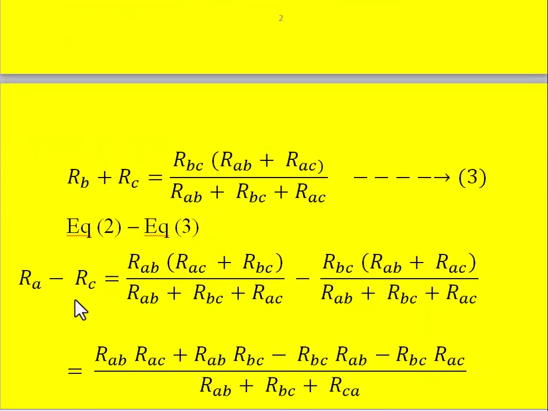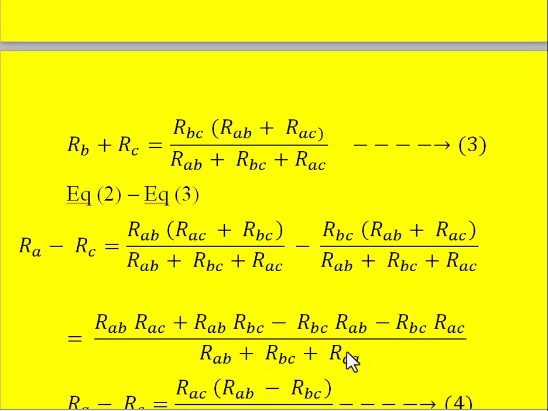Since the denominator is common, take the denominator as common, then simplify the numerator, that is RAB RAC plus RAB RBC minus RBC RAB minus RBC RAC. So it is observed that some of the terms are going to get cancelled, that is RAB RBC, here also RAB RBC. This is positive whereas this is negative, so this and this are going to get cancelled, and finally